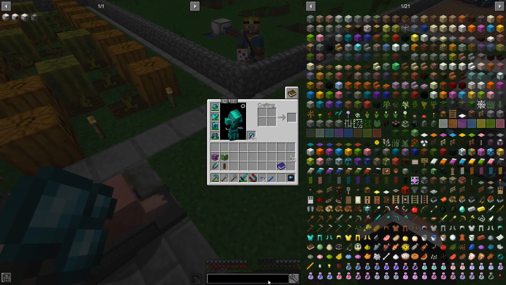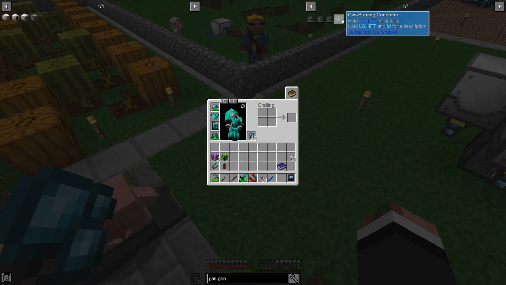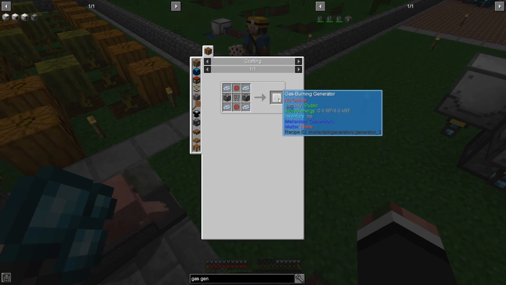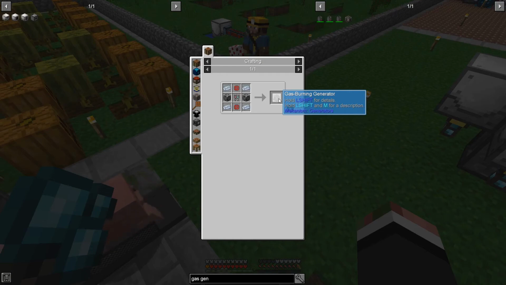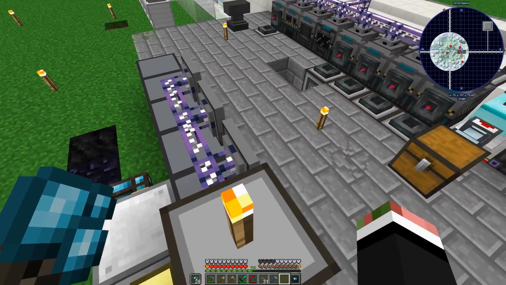So let's look at that. Gas gen. Okay, so the gas burning generator, it won't tell you what it burns. You right click and it doesn't tell you anything, but it needs a steel casing, osmium ingot, enriched alloy, and electrolytic core, which is iron and gold, osmium and stuff. So we're gonna need